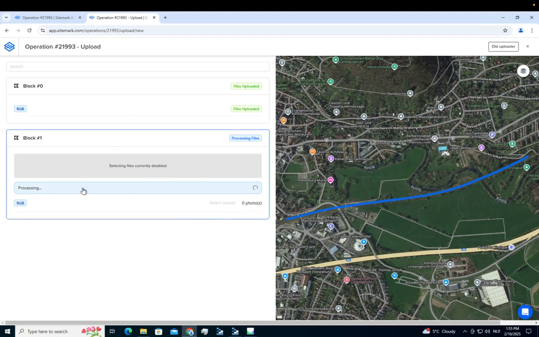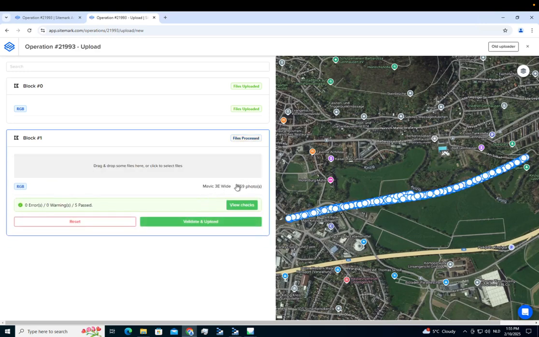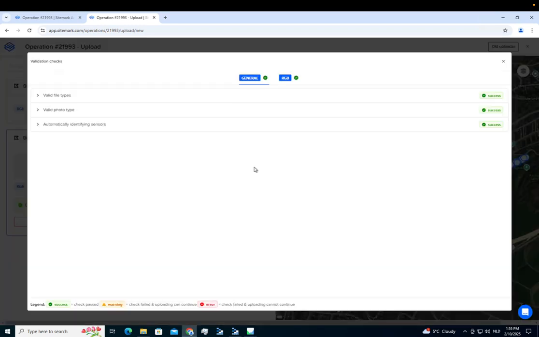You need to wait for it to read the images. So the more you have, the longer that will take. It's automatically detected it was the Mavic 3 Wide, and it's green here, and you can see the pre-checks have been completed. The important thing with this is that if you go View Checks, this is just general information that the file types are valid, so it's a JPEG, that we haven't got any corrupted images, and